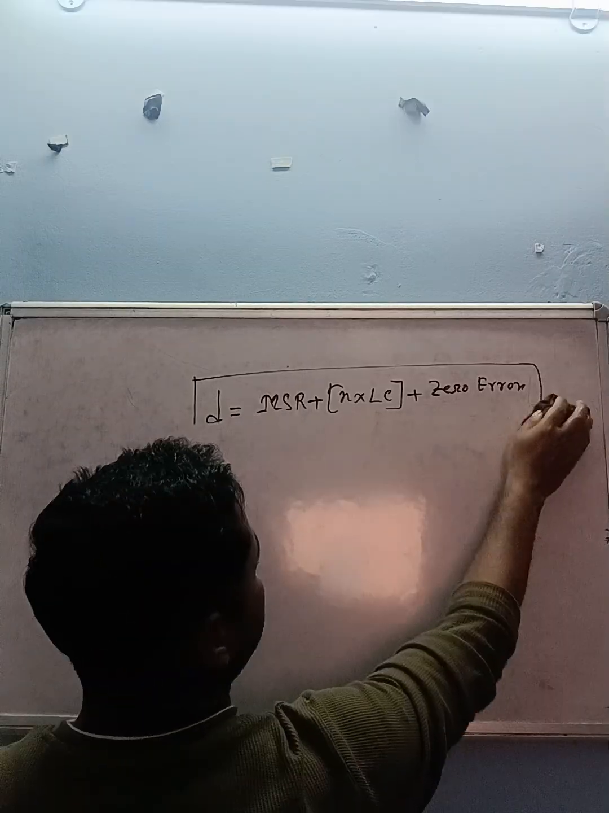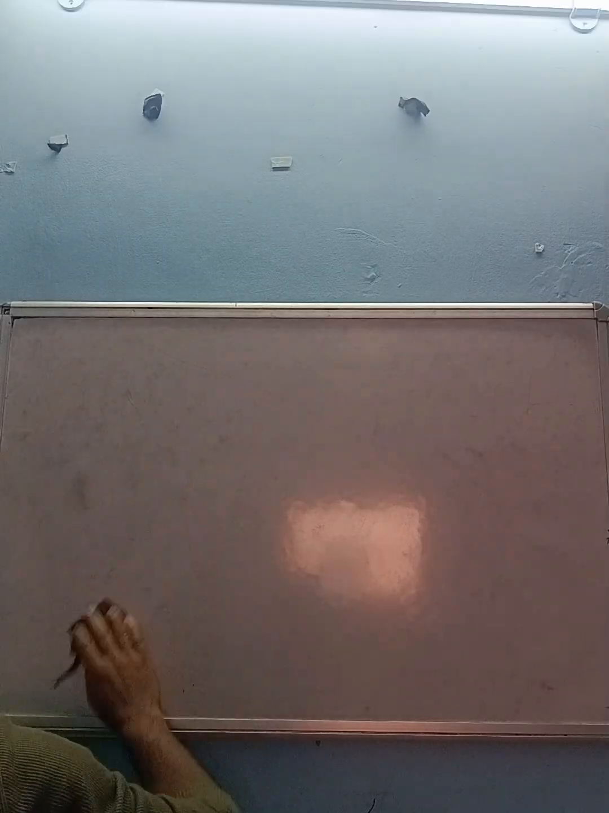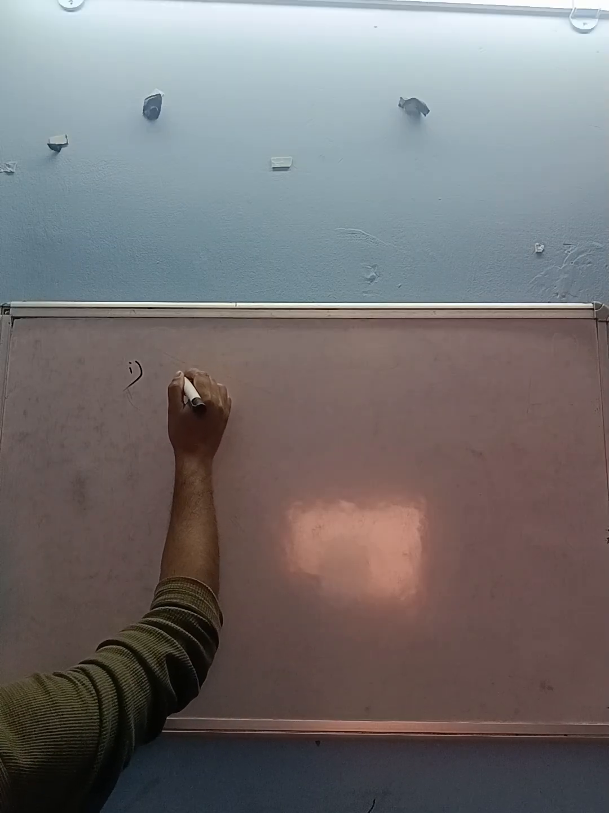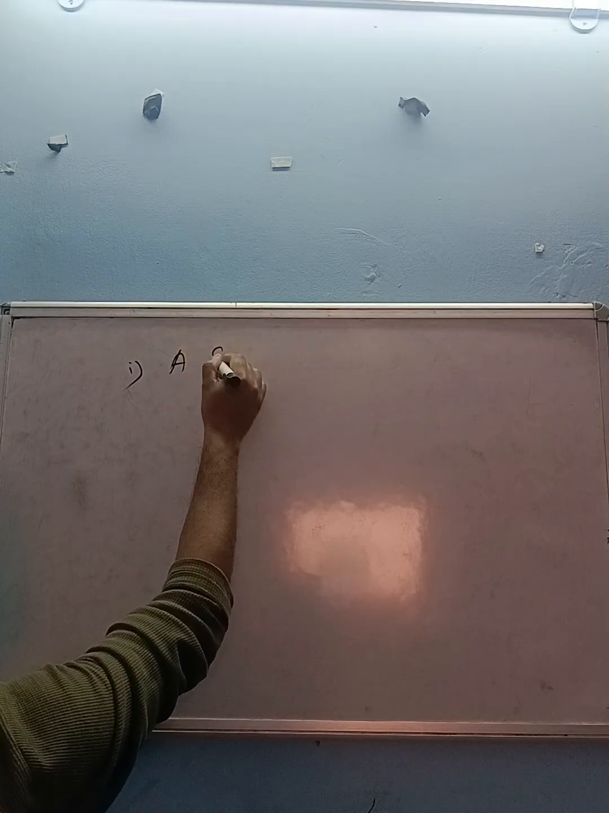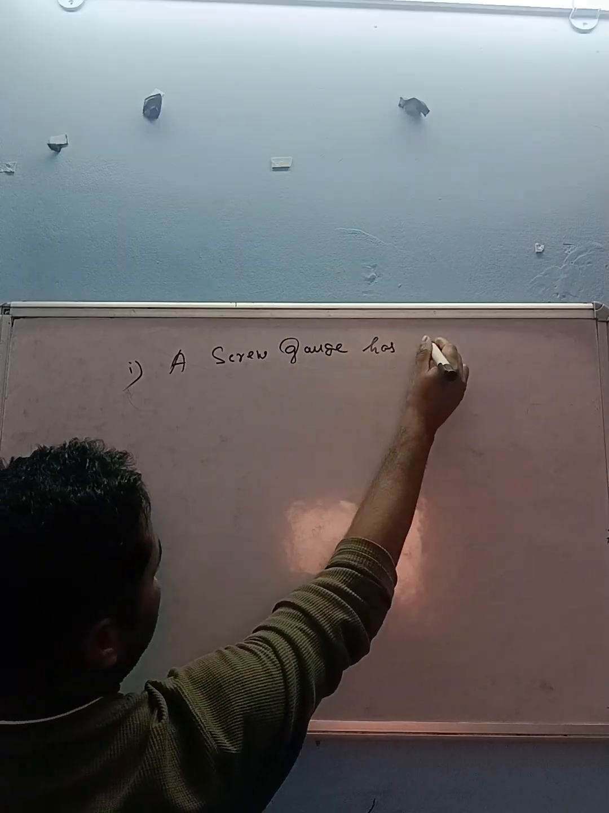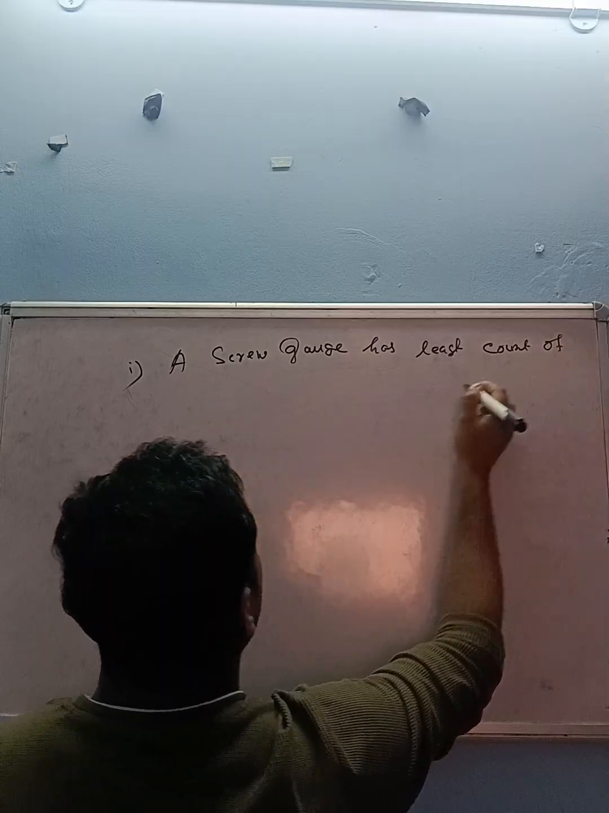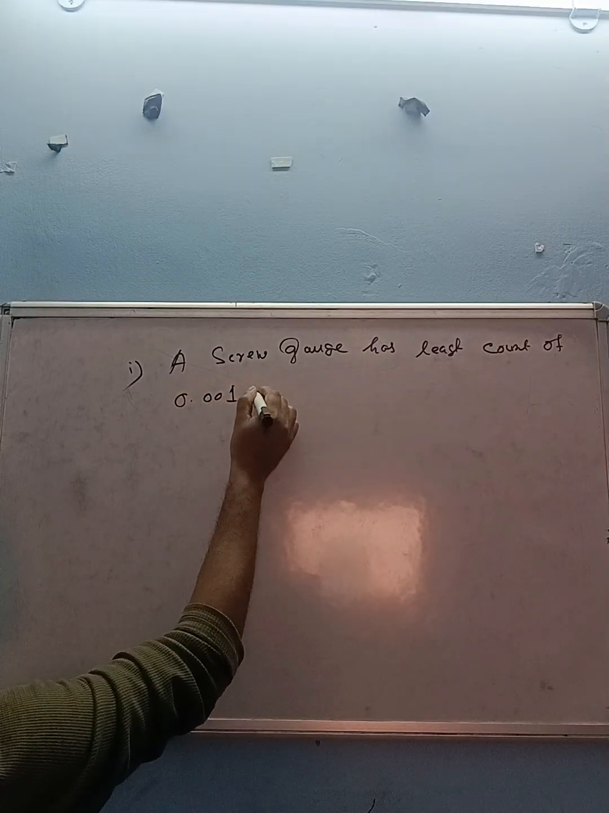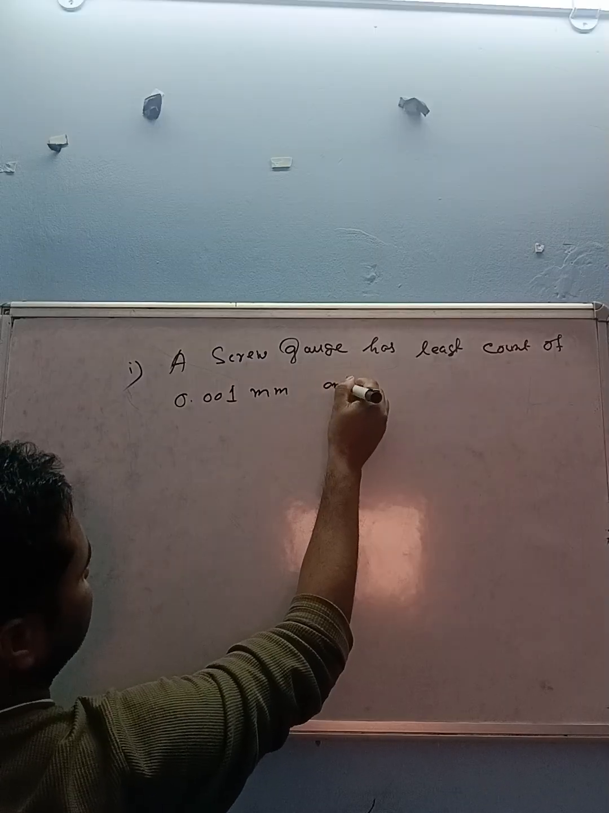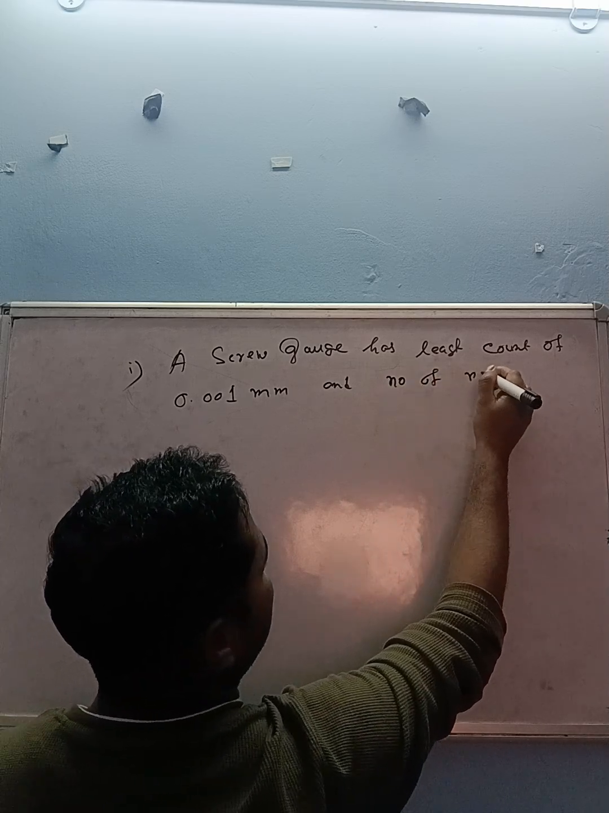ये भी नोट डाउन कर लो। नेक्स्ट, it will be very clear to you when one suggest of mathematics or mathematics formula, you can say, suppose a screw gauge has least count of 0.001 mm, and the number of circular